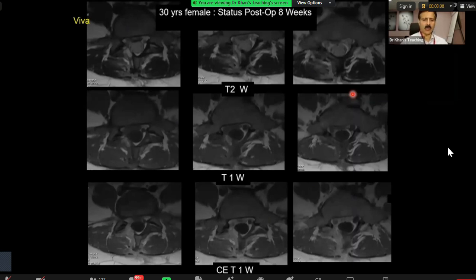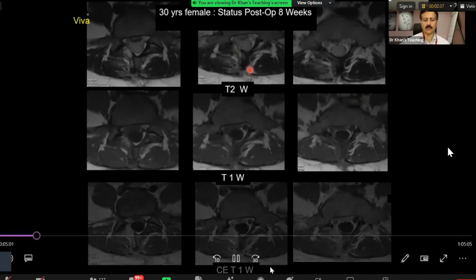Okay, not an ideal sequence because I have not given you a fat saturated post-contrast sequence. It should have been a fat saturated. But having said that, I just want to teach you something here or to ask you something. So this patient is post-op and there is a laminectomy on the right side, and the patient has got recurrent pains, etc. They have asked for